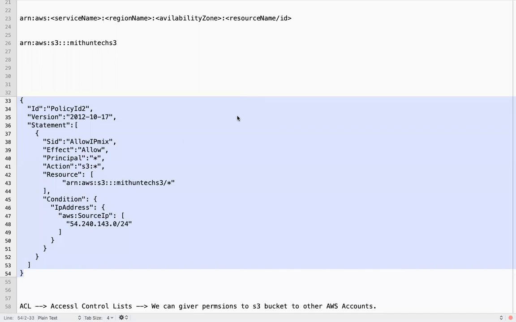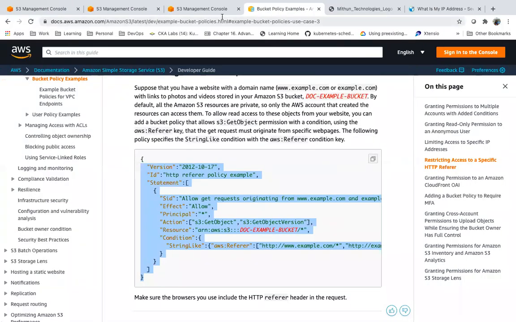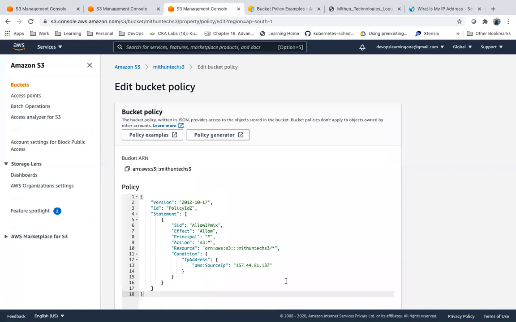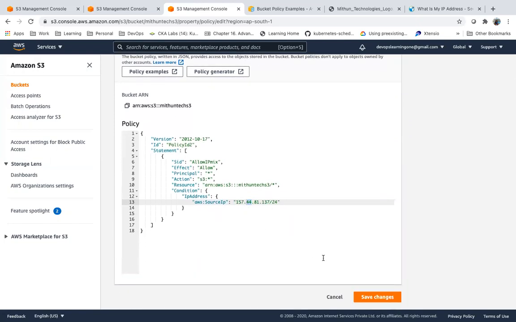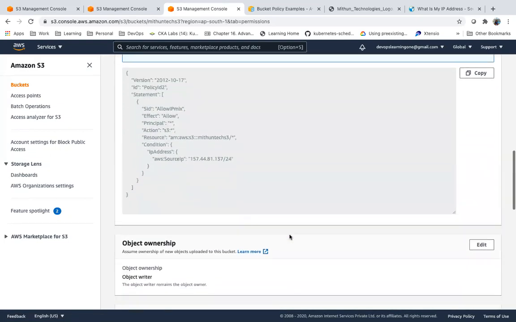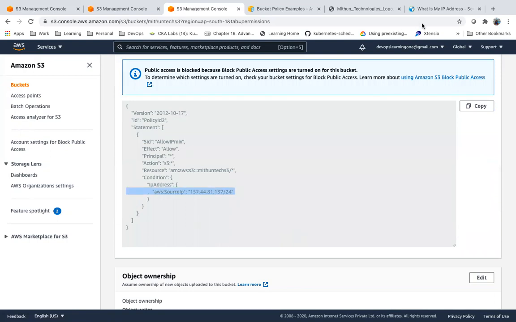So if I want to give multiple addresses within that network, I can give a range, something like this. Within this range, I will be able to access. If the request is coming within the range, it will be allowed. For an application, you have to give